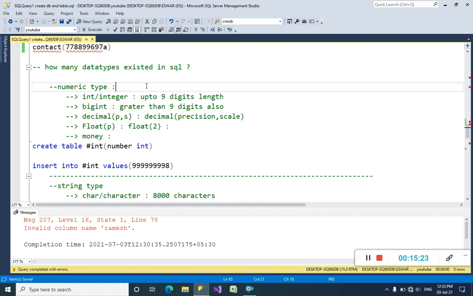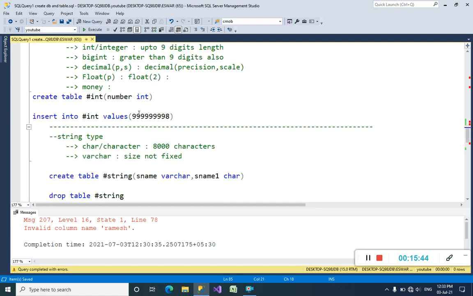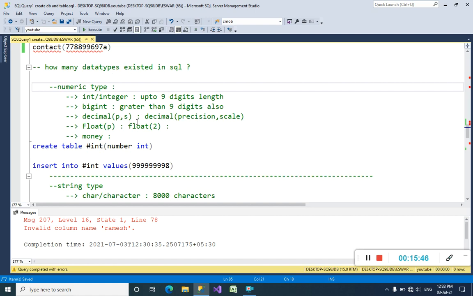An employee may have an employee number, a mobile number, or an address. If it is only digits, we have to use integer, bigint, decimal or float. Maybe he gets a salary from the company, right? Then how can we insert the salary into the table?